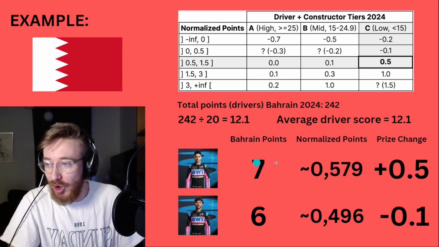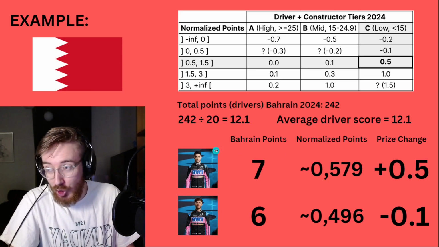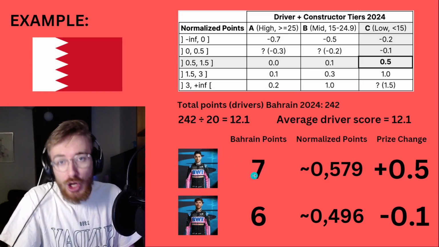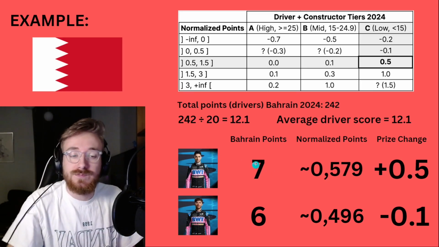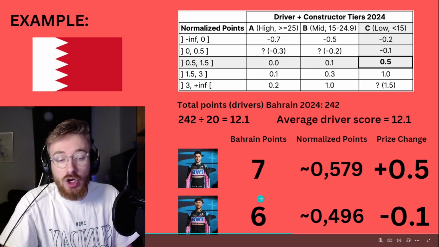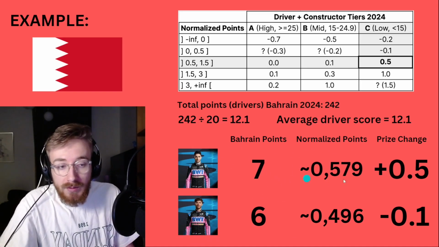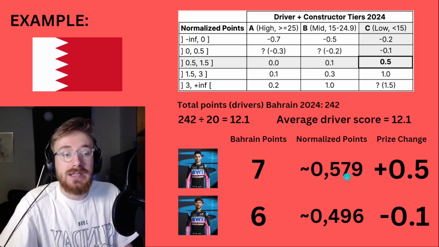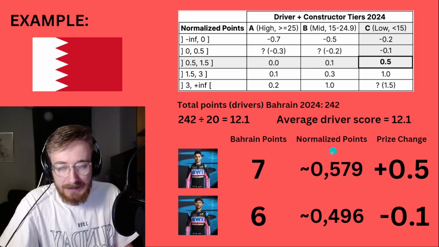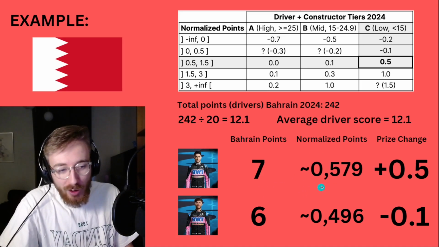The points they got, we have Ocon, we have Gasly. Ocon got 7 points in Bahrain, and Gasly got 6 points in Bahrain. This means that Ocon's normalized score was 0.579. Gasly's score, being just one lower, was